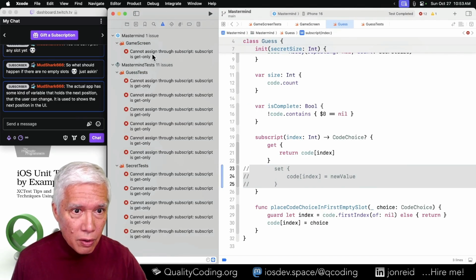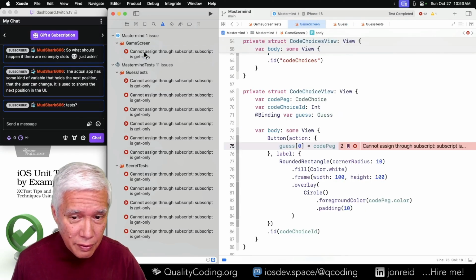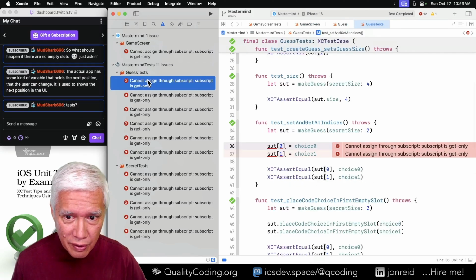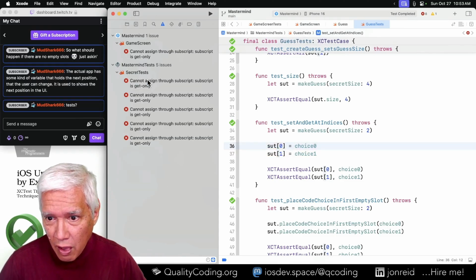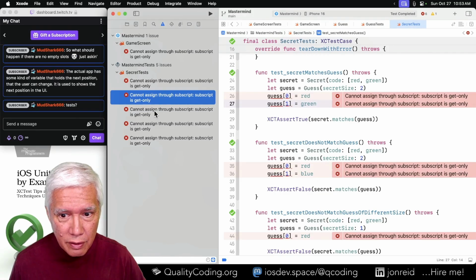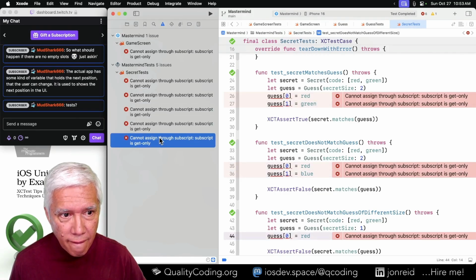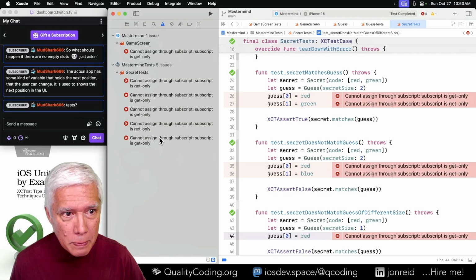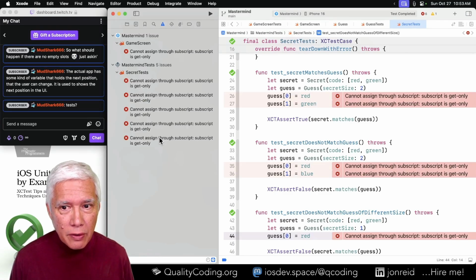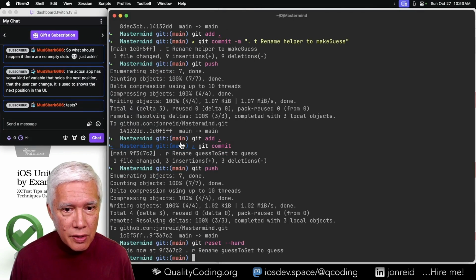But they're not all in tests. Well, that one we're definitely going to get rid of. These we can get rid of. Okay. So I think I can do this step by step.